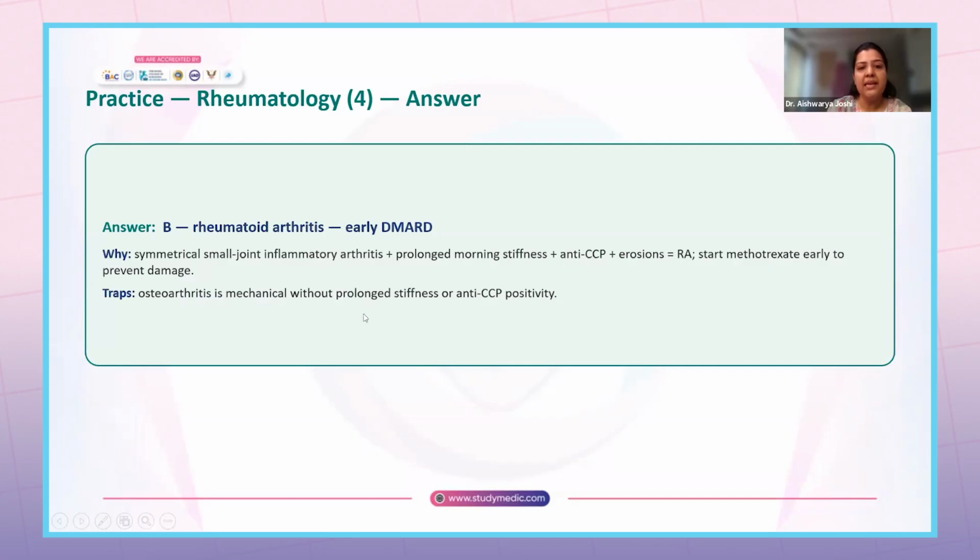Remember, osteoarthritis is mechanical and there is no morning stiffness. There can be a misleading statement in the scenario where there is less than 30 minutes of morning stiffness. They might give a middle-aged lady with morning stiffness, but it does not last for even 30 minutes. And RA factor can be positive. RA is RF, rheumatoid factor. RF protein is a normal protein as well. So with increasing age, the RF levels also increase. So that does not indicate rheumatoid arthritis. Anti-CCP with raised CRP indicates active rheumatoid arthritis.